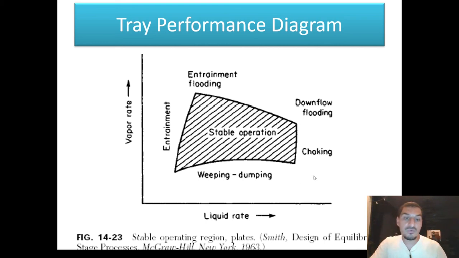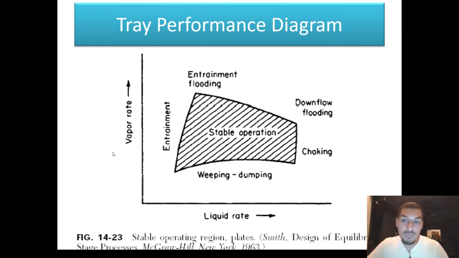If the liquid flow rate is very high, then we will have what's called the downcomer flooding. So the flow rate of the liquid is very high, so that it's filling the downcomer, and we might face what we call the choking, which is